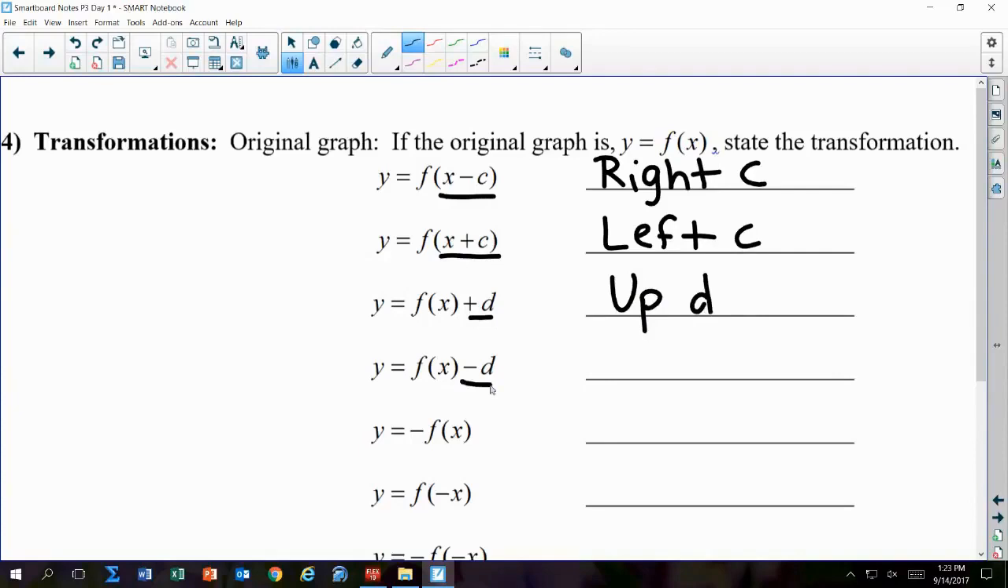Logan, what would minus d be? Down d. Then I get to a negative outside of any parentheses. And so what would that be? It would be a reflection. What kind of reflection? Over the y-axis. Opposite. Over the x-axis. Yeah, this is going to be a reflection